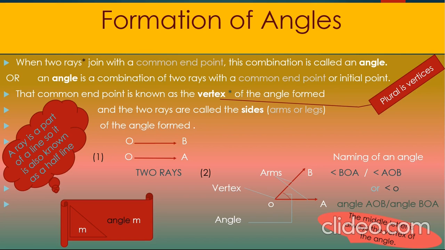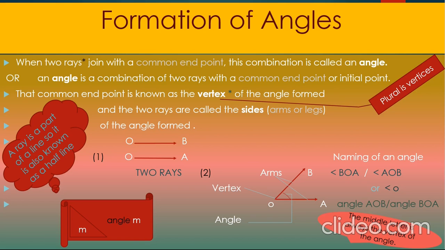Or you can say, when two rays join at their fixed endpoint, what is formed is known as an angle. An angle is a combination of two rays with a common endpoint, that is also known as an initial